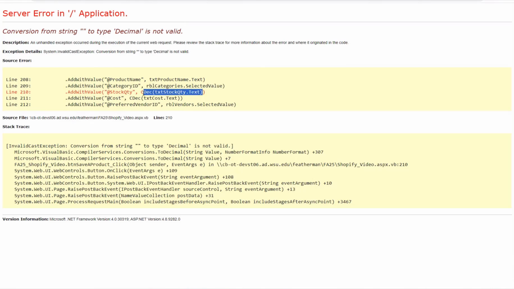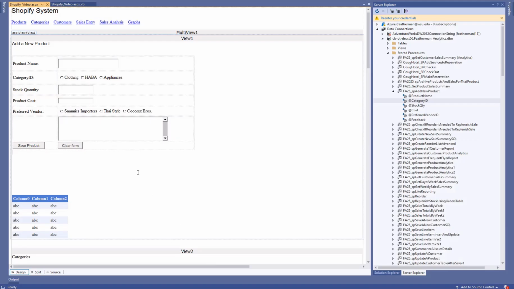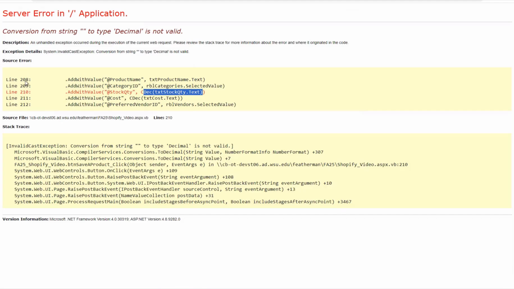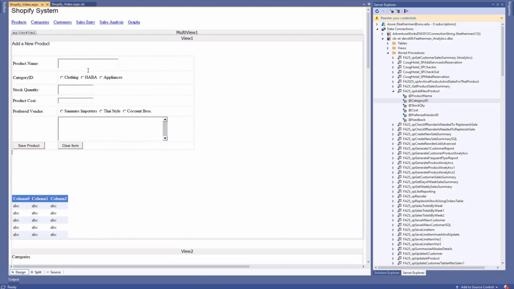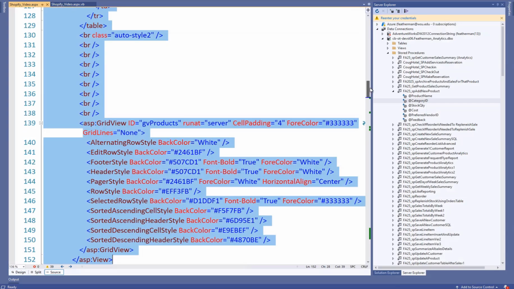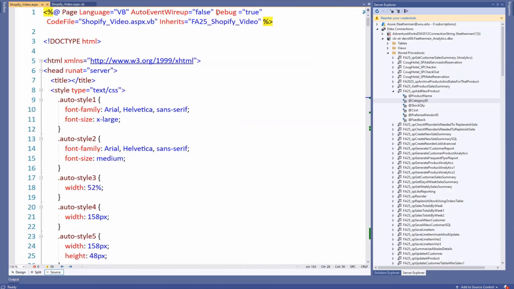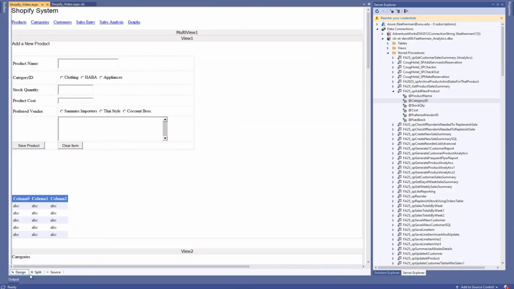By the way, if you're not seeing this level of error checking, in fact, if you're not seeing error checking like this with a line number and a specific error message, and you're seeing some vague thing, then please do the following. Go into the source, go up to the top, and type this, debug equals true, and then save it again. And that's it. Somewhere in the middle of line 1, just type debug equals true. So go back here,